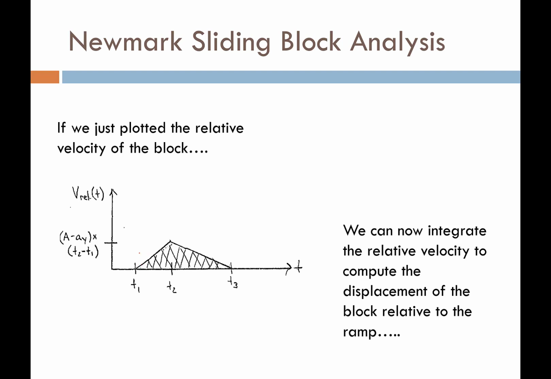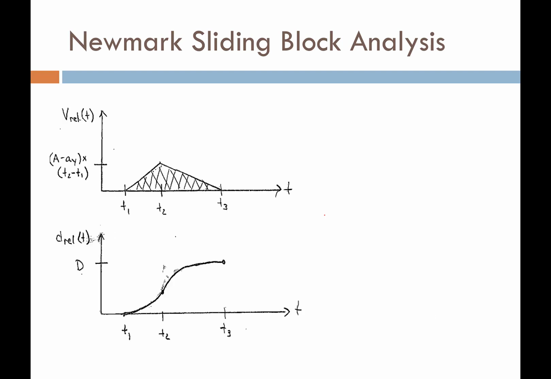So what I can do then is I can just take that triangular portion that's driving the ramp, and I can plot that now as relative velocity. Okay, so that's just that triangular portion. So with that, now we're prepared to integrate this relative velocity to compute displacement. So we're going to take that plot and we're going to do the same thing, but see, now this is